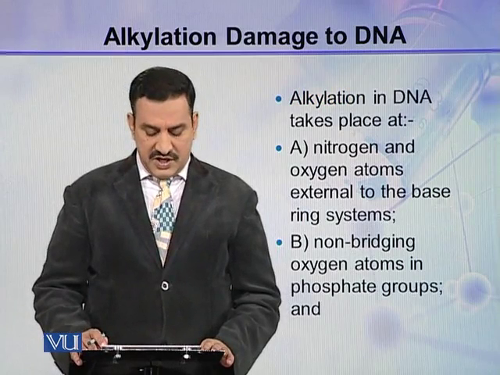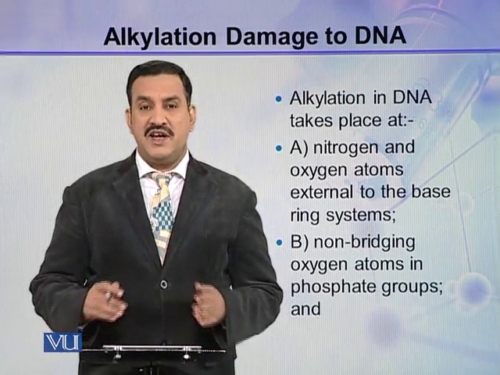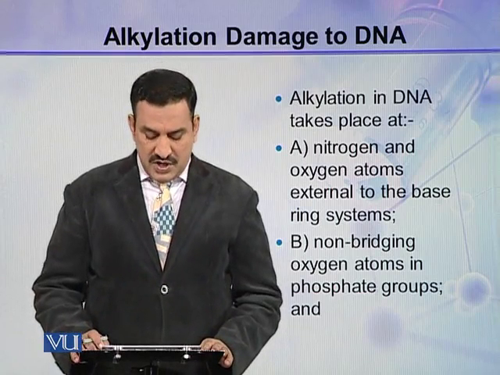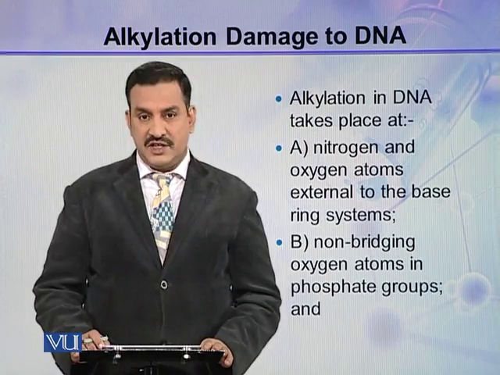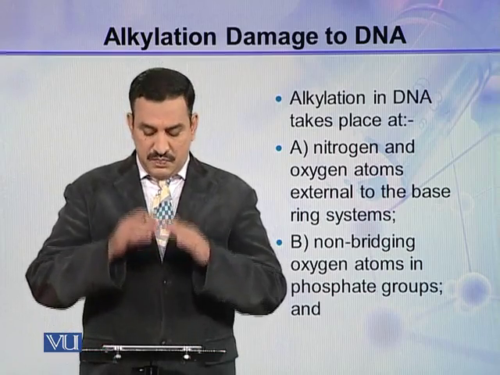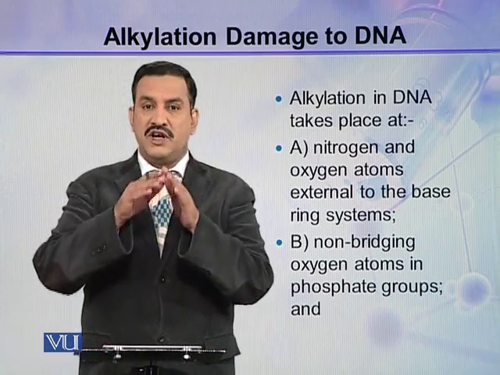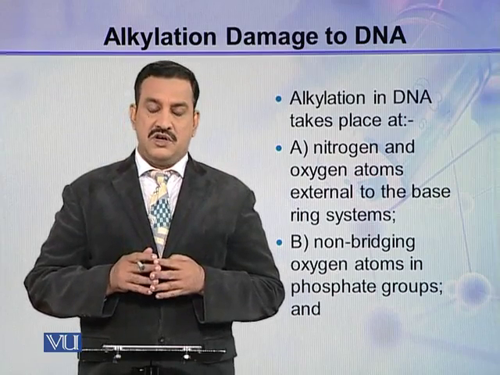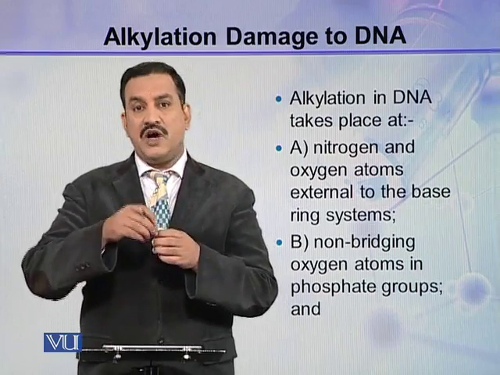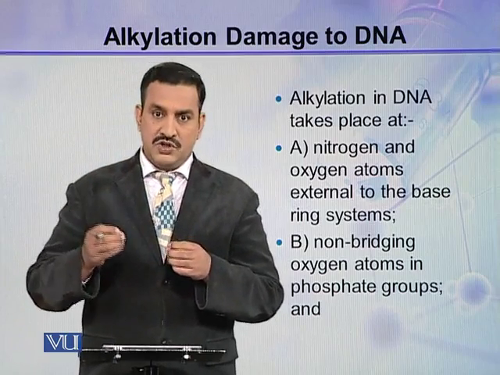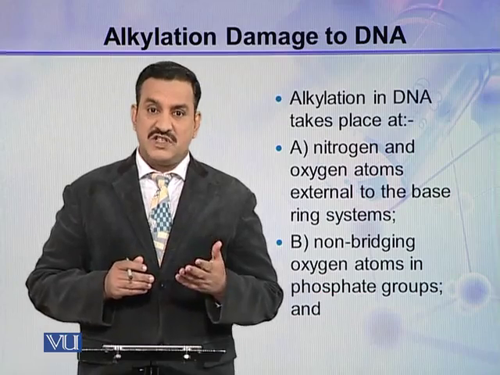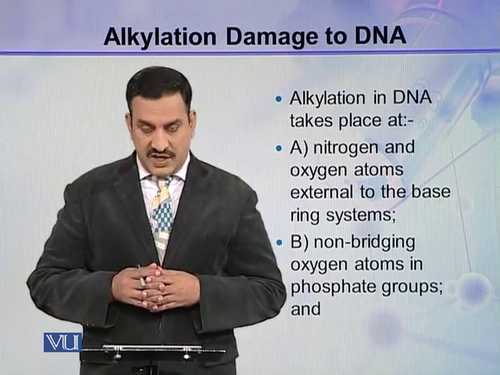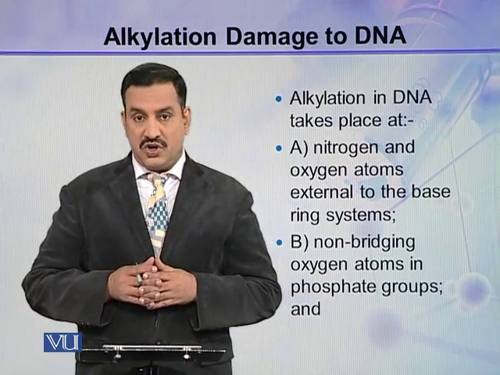Alkylation in DNA takes place mainly at 3 points, and these 3 points include the nitrogen and oxygen atoms external to the base ring system. You know there are nitrogenous bases, and there are some oxygen and nitrogen atoms which lie outside this nitrogen ring. So these atoms are the first site for such attack by electrophiles, and the second is the non-bridging oxygen atoms